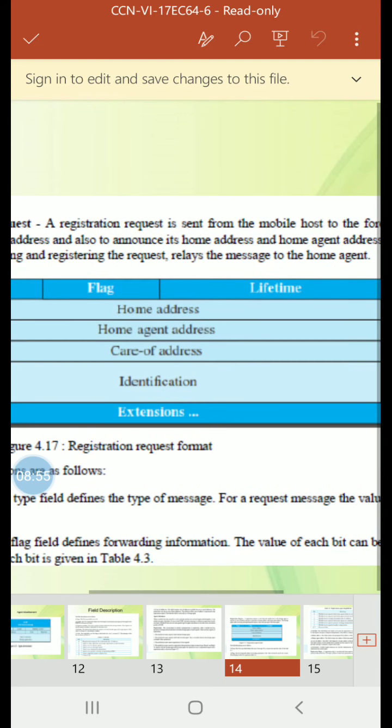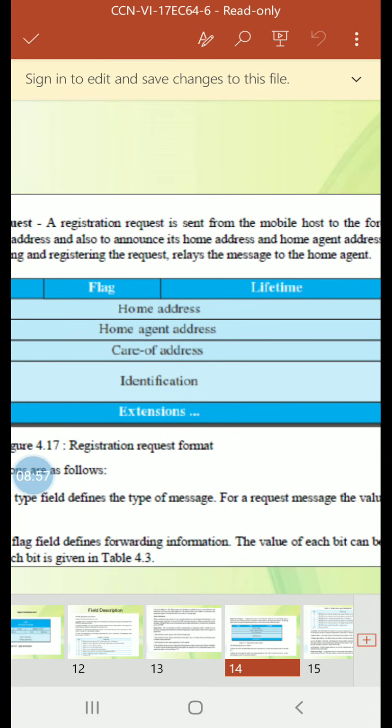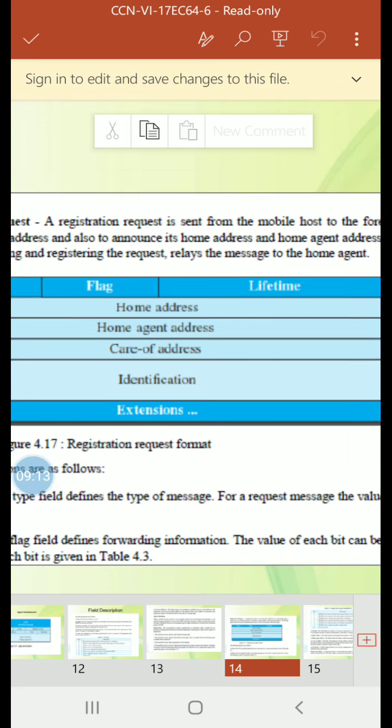This is one note. What is that note? The home agent knows the address of the foreign agent because the IP packet that is used for relaying has the IP address of the foreign agent as a source address. Figure: format of the registration request.